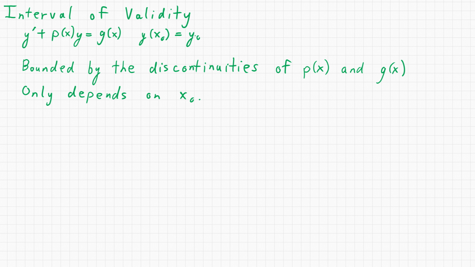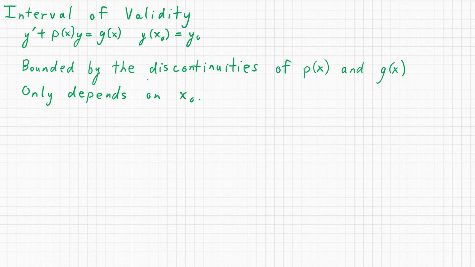So existence and uniqueness tells you something will exist somewhere around the initial condition. Interval of validity will tell you exactly how far away, what the bounds are, what's the domain and range of the solution that you come up with. So it's a lot harder to figure out, and in general, the only way to figure it out is to